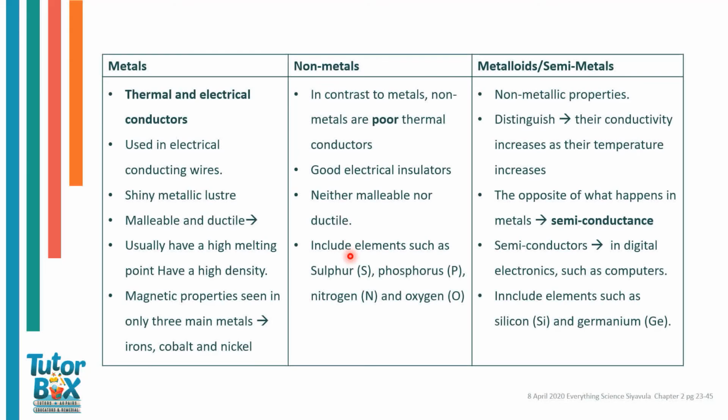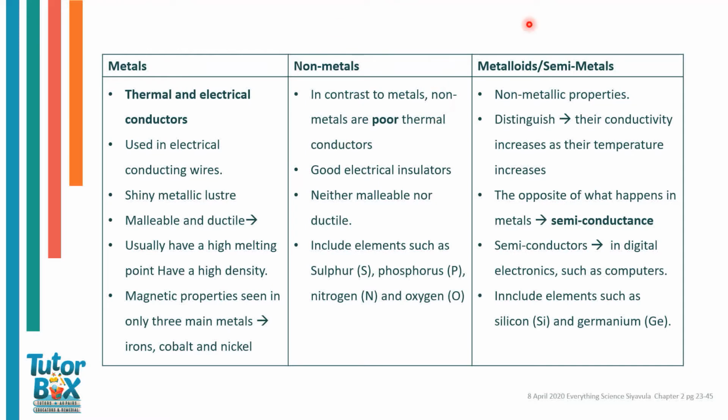So this is a nice summary table just summarizing the basics. If you've taken my advice and drawn the A4 metals, metalloids table, you can just add a couple notes under there. Otherwise, feel free to take a picture of this so you can use it as a table that you can write up on your own, or if you have enough time while I'm talking through it to write it up. Okay, so metals are thermal and electrical conductors compared to non-metals, which are poor thermal conductors.